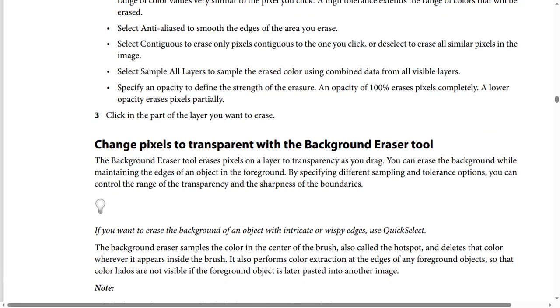How to change pixels to transparent with the background eraser tool. By the way, the background eraser tool erases pixels on a layer to transparency as you drag, and you can erase the background while maintaining the edges of an object in the foreground. And by specifying different sampling and tolerance options, you can control the range of the transparency and the sharpness of